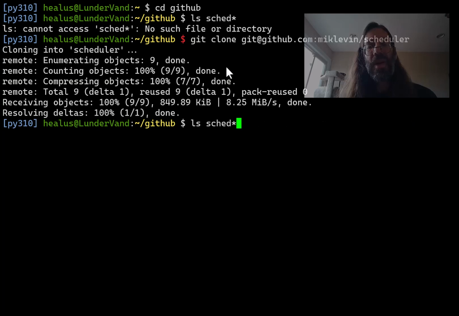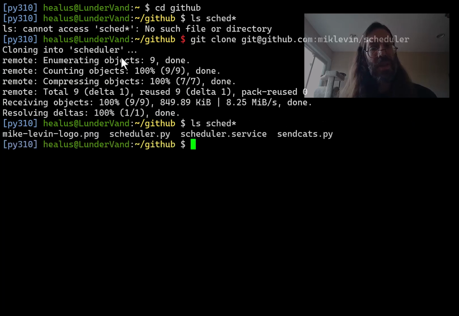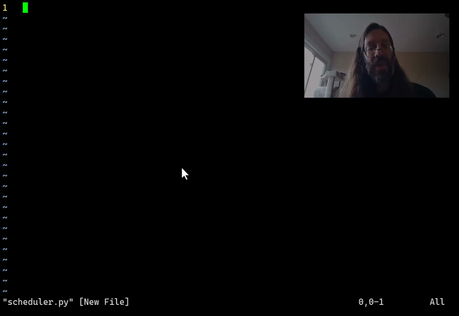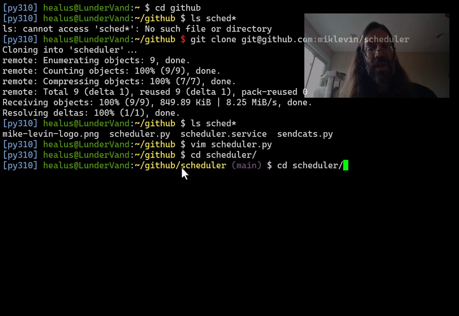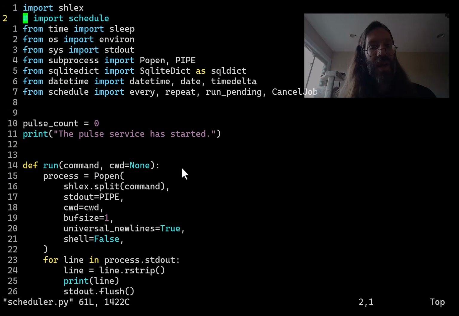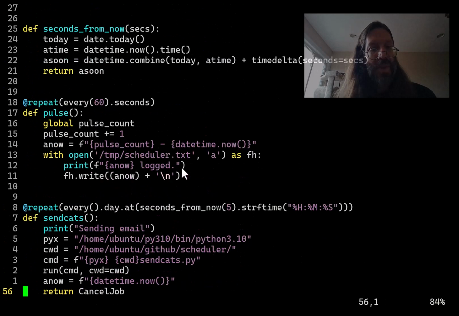Now if I ls sched asterisk, there are the files. And it's pretty much everything you need to get this running, except for the mail to and mail from. So if you vim inside of scheduler.py, you will see, oh yeah, cd into scheduler, and then you vim scheduler.py, you'll see that at some point down here,